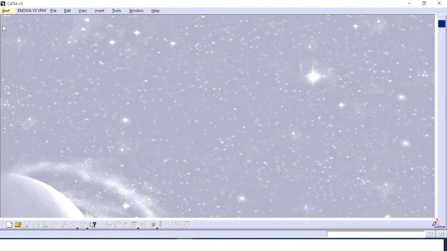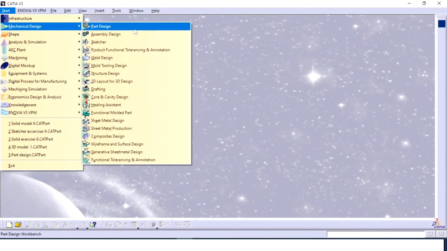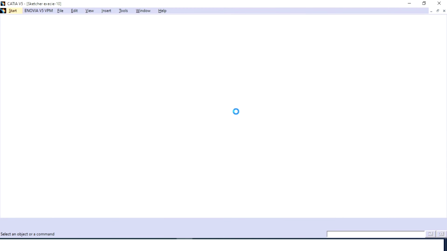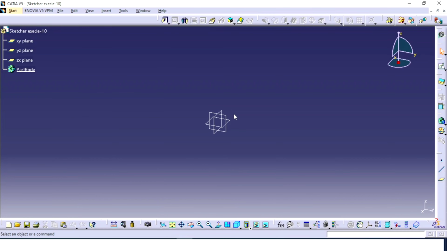So let's go and start Mechanical Design and Part Design. Rename this one as Sketcher Exercise 10 and click on OK. Now we are in the Part Design workbench. Before we go to